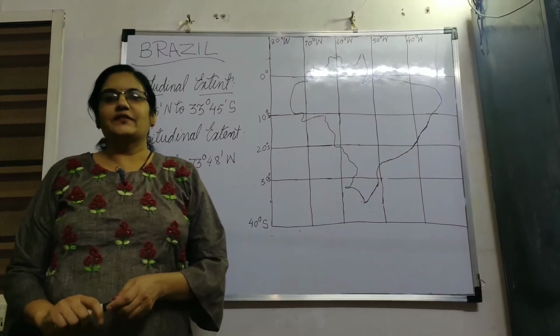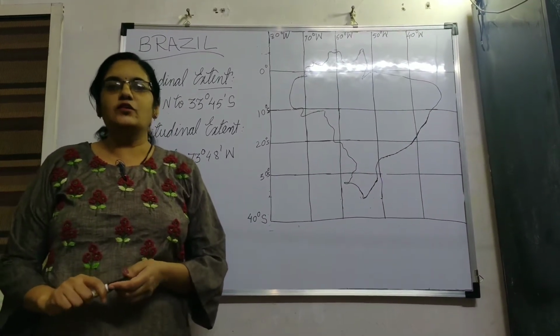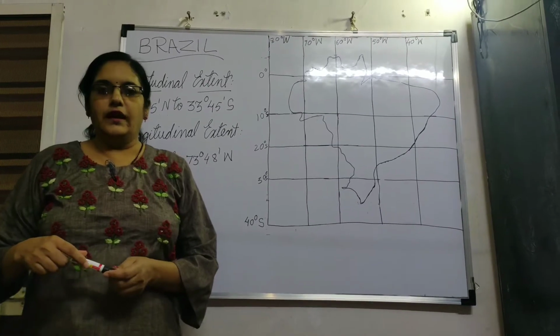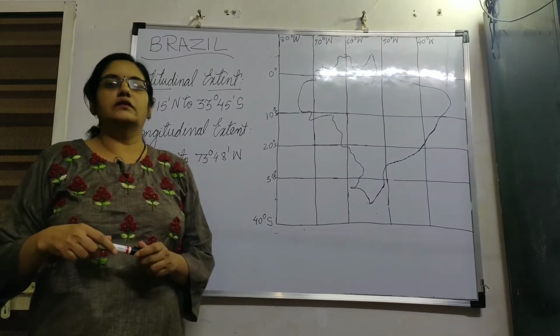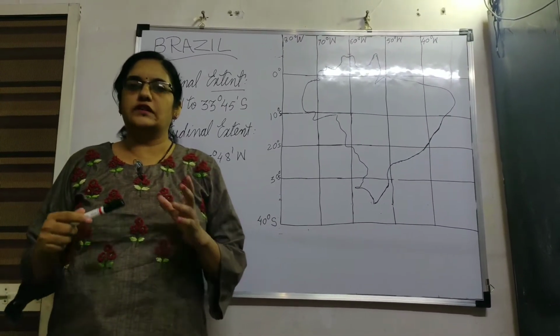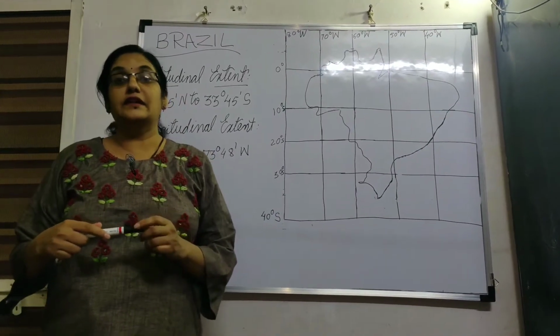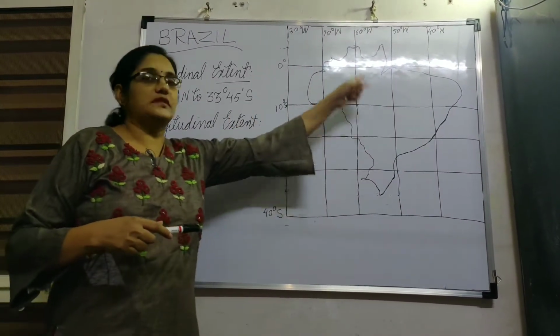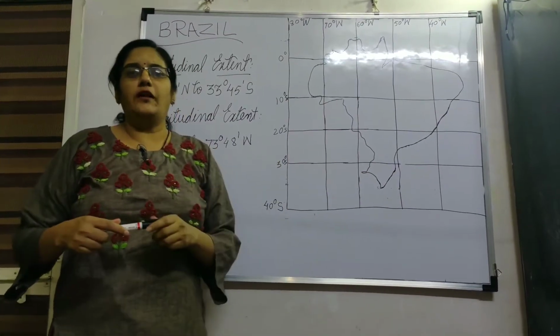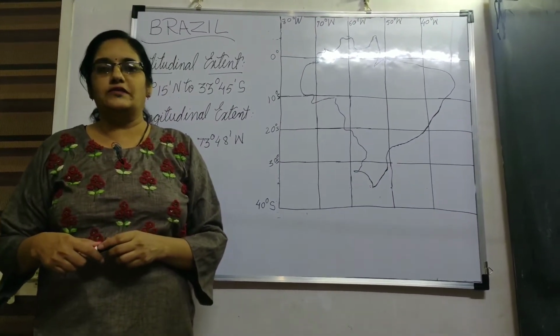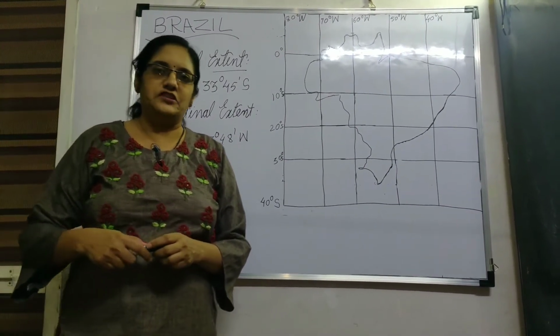Students, today we are going to see the use of graticule and learn how a place is located using graticule. Graticule is the network of latitudes and longitudes. You have already learnt about latitudes and longitudes, but let us take a small revision.